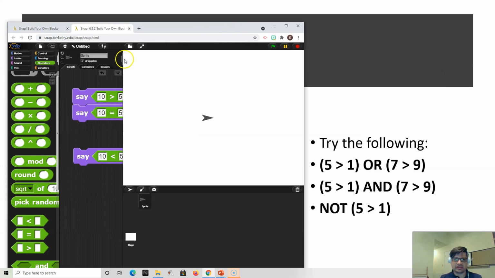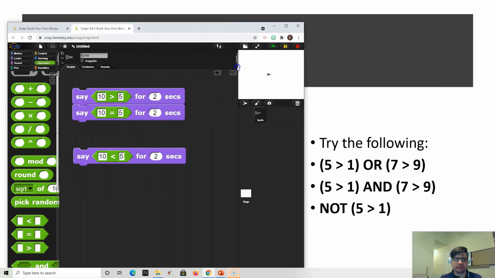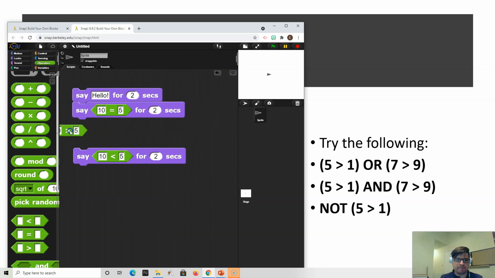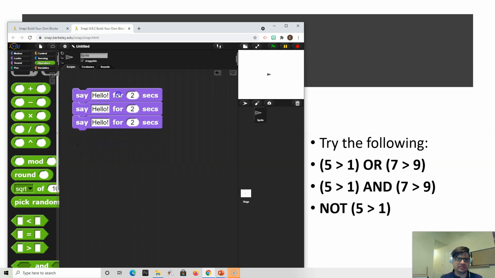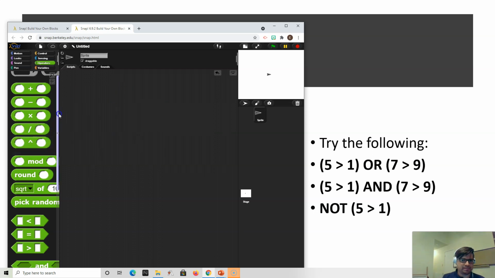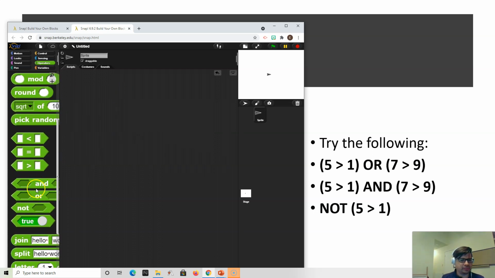Let me see here. We're going to program this. Let's see. Try the following. This does not say to display them, and there's really no point in it, so we don't need to display them. So let's see. Or, if we say,